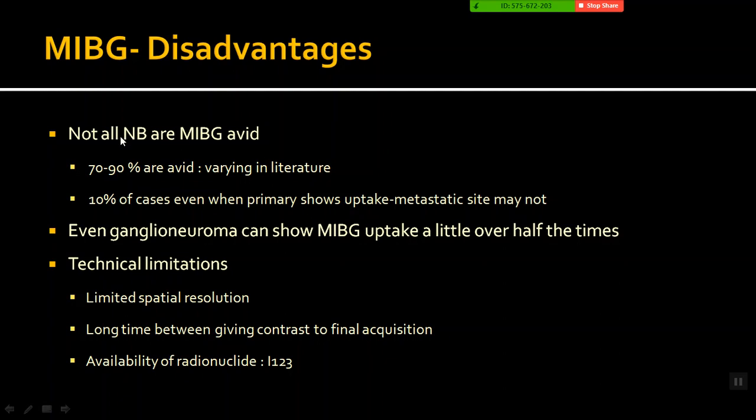Now, what are the disadvantages of MIBG? Not all neuroblastomas are MIBG avid. So now imagine if the neuroblastoma becomes extremely undifferentiated. It is no longer looking like a neuroblastoma. It will not express any transporter, so it will not pick up MIBG. And those neuroblastomas actually will be better picked up on FDG PET. The more undifferentiated the neuroblastoma is, the higher is the FDG uptake. So not all are MIBG avid, and